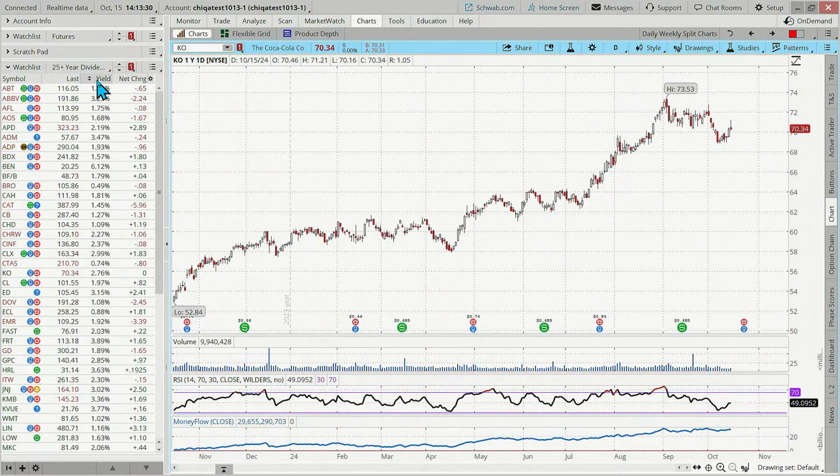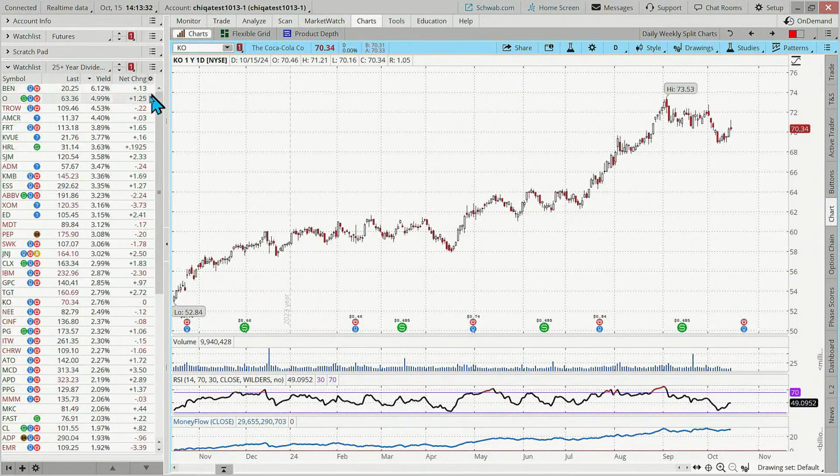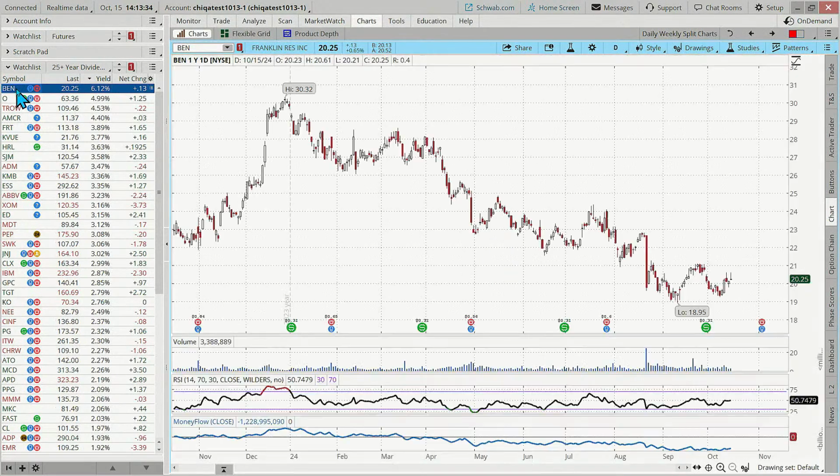And as we talked, sometimes these higher yields, this is the highest yield right now. It is Ben. Simple Ben. It's Franklin Resources. Franklin Resources has been down for a while. It's still an aristocrat, and the yield is actually quite high. Obviously, part of that is the dividend has been increasing, but prices have been decreasing, pushing up